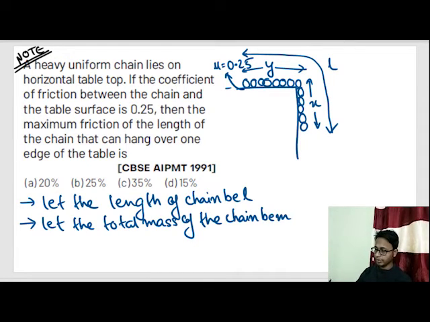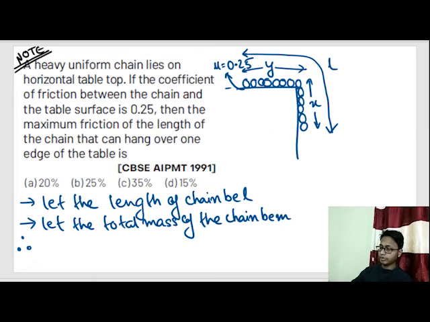Okay. Therefore, mass per unit length. That means the total mass of the chain is M, and the total length of the chain is L. Suppose this chain was 10 meters and it consisted of 10 kg. 10 kg chain of 10 meters. So someone says, what is the mass of 1 meter of chain? I can easily say 1 kg per meter. So what do we do? We divide the entire mass by the entire length. Per unit length means per unit meter. What is the per unit meter mass of this chain?